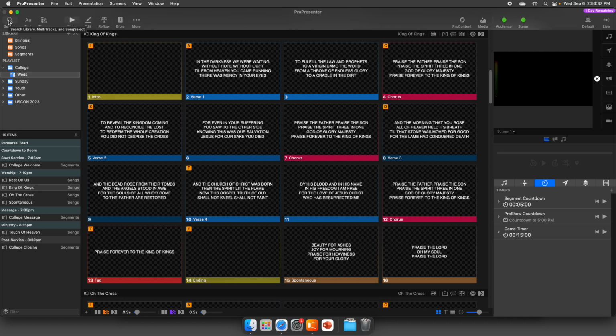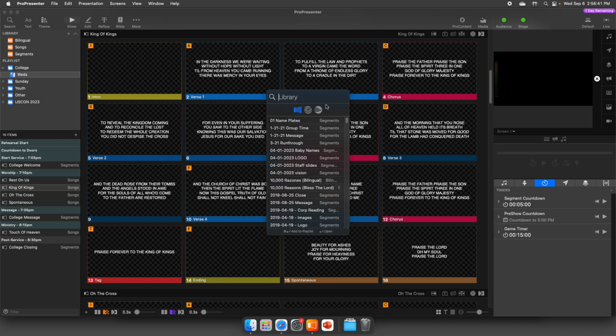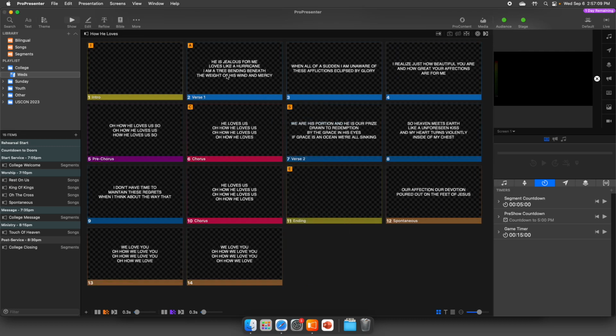Okay, starting over here at search. This is a quick way to look for a certain song. So this is going to search my library, which is those segments and songs. So if I look at How He Loves, there it is. Let's say we just spontaneously went to that, or I didn't know the name of the song, but I knew what they were singing. I could type that in,